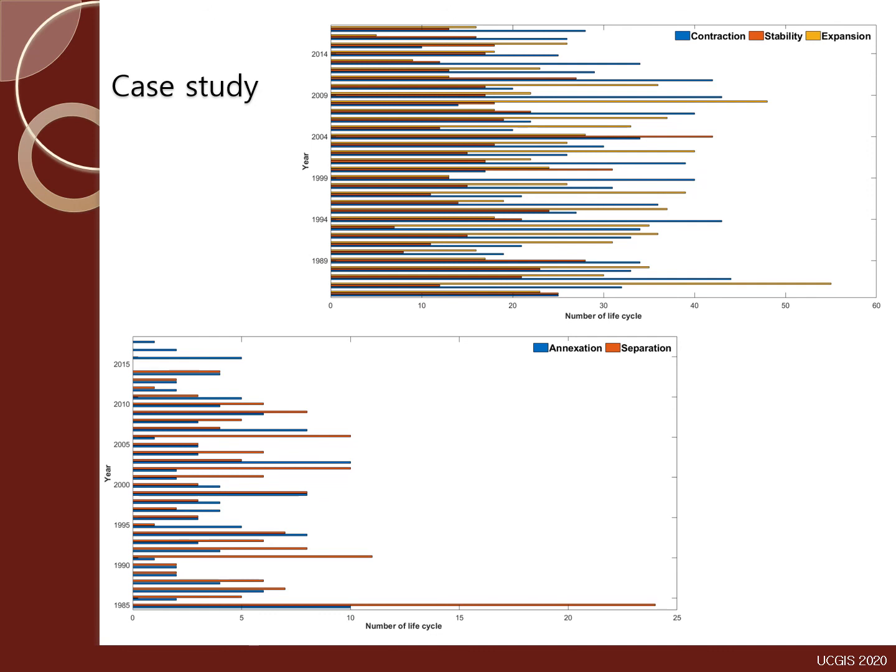From the lower figure, we can find the periods when most separation occurs. The first one is from 1985 to 1993. The second one is from 2001 to 2002. The third one is from 2004 to 2006. The fourth one is from 2008 to 2018. A total of 125 separations happened during these periods, and the periods when most annexation occurred are: